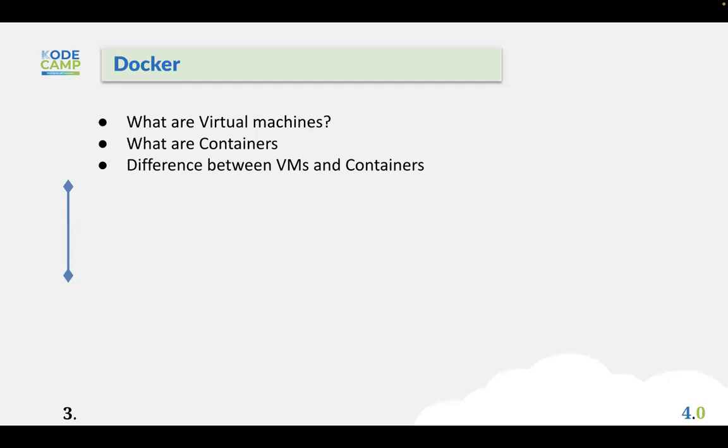So now that we've understood the basics of virtualization, I don't want to go in depth. I don't want to start talking about the types of virtual machines, how to boot or how to install and then start the virtual machines, and all of that. I just want you to know that there are virtual machines and then there are containers. So try to understand containers, then we compare and contrast between virtual machines and containers. So what are containers? So now that we've understood the basics of virtual machines, that they are just virtual computers